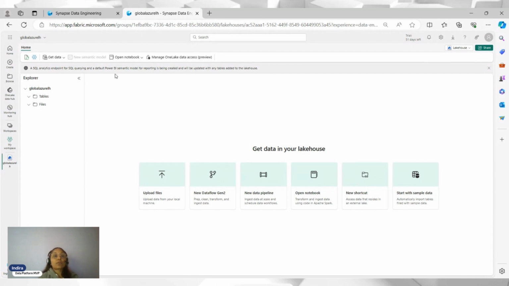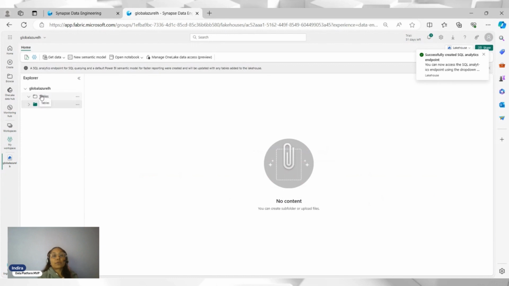Okay, so now this has created a new lakehouse. What a lakehouse has is a combination of a data warehouse and a data lake. The data lake holds the files, so you have the files here. Since this is a new lakehouse and there is nothing there, you can't see anything if you click on these two. So now what we are going to do is get some data into